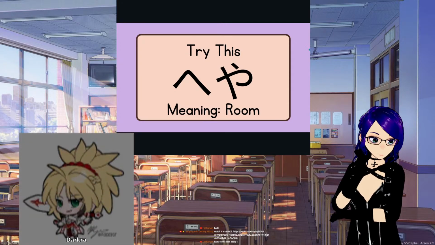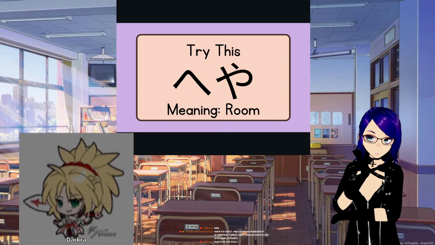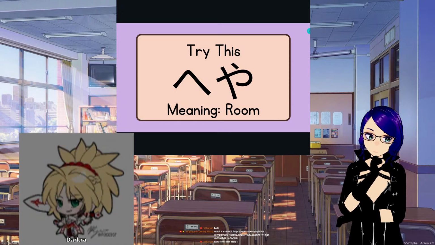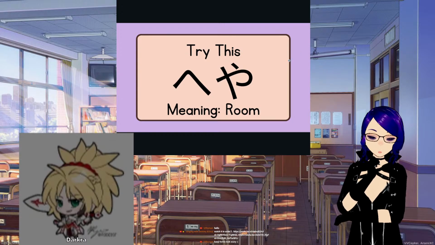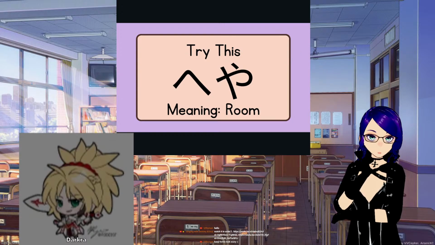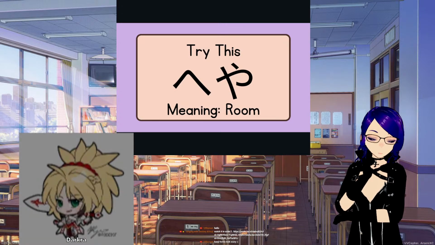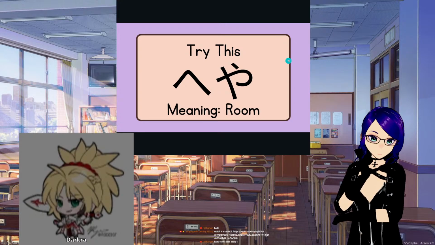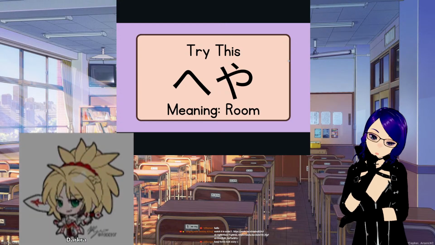What is room? Heya. Okay, so room is heya. And then I think there are different words for different parts of the house as well, which I mostly forgot. I think niwa is like the garden or something. And then there's the rokan, which is... Or is it the genkan? Rokan is like the receiving area. Genkan is like the door area where you put your shoes or something.